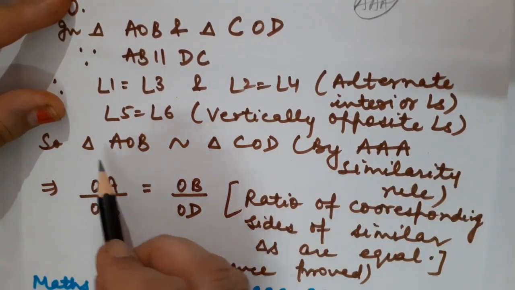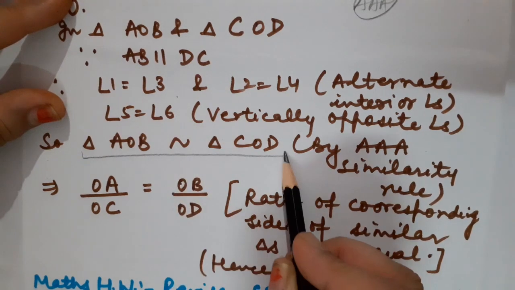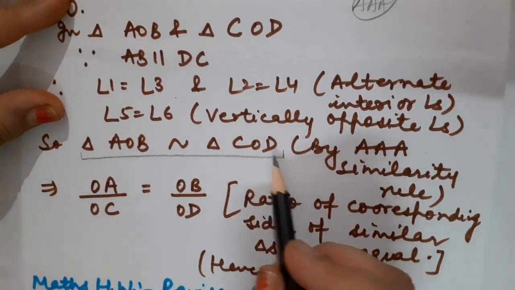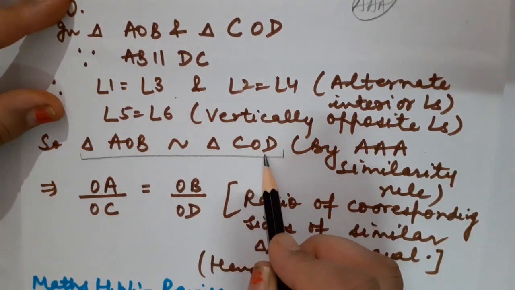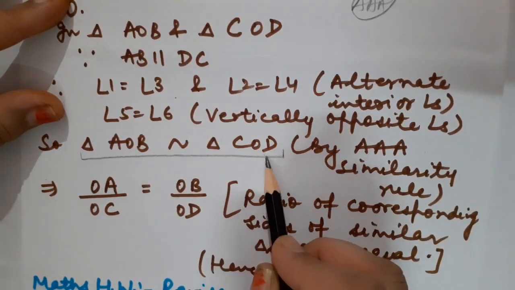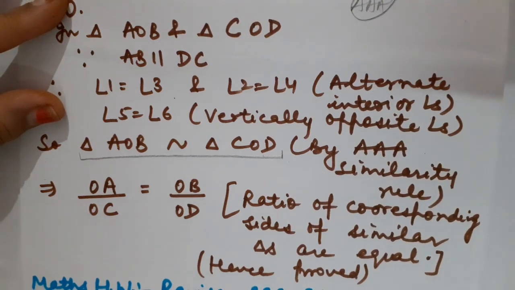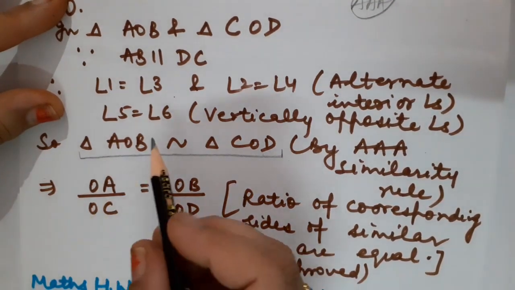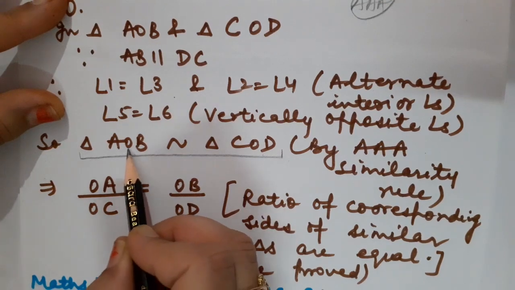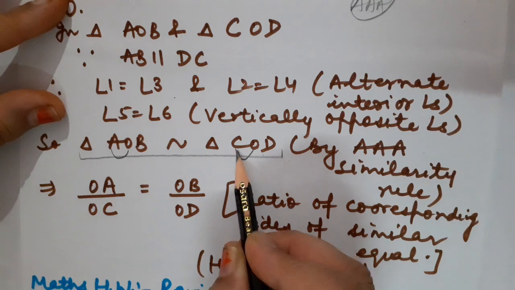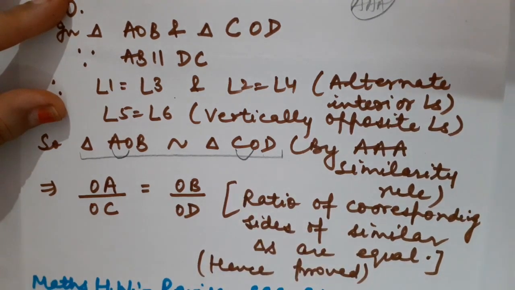Okay. Children, I have just explained to you that whenever we have either proved or we are given that one triangle is similar to another triangle, then definitely the ratio of their corresponding sides must be equal. So let us take the corresponding sides. If here you are going to take OA, you have to take OC. And we have to take the ratio. Please make sure the ratio of the corresponding sides of two similar triangles must be equal.